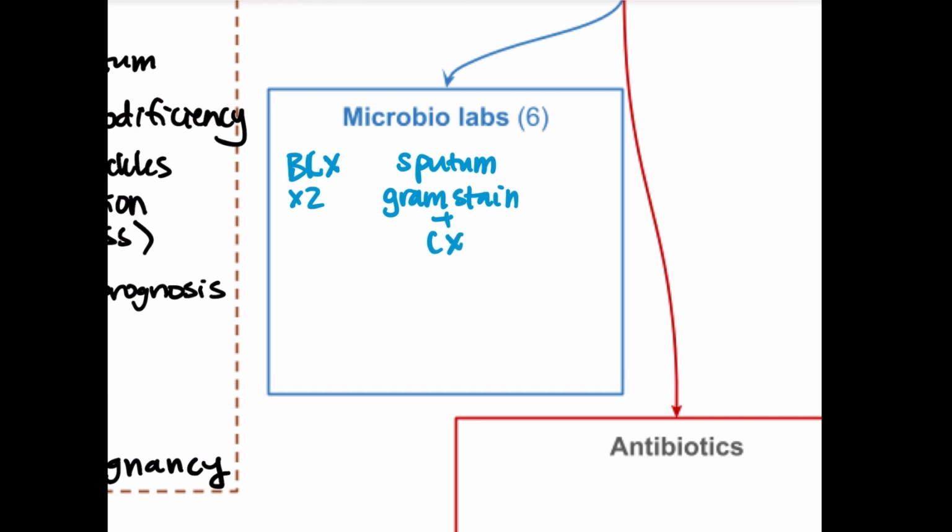Unfortunately, only like 20% of pneumonia cases do we even identify a bug, but this is still routinely done because on the off chance that you can identify a bug, this would help, again, narrow antibiotic choices so that you're